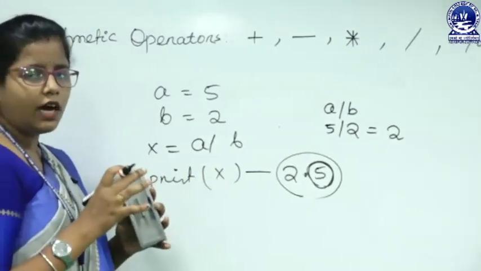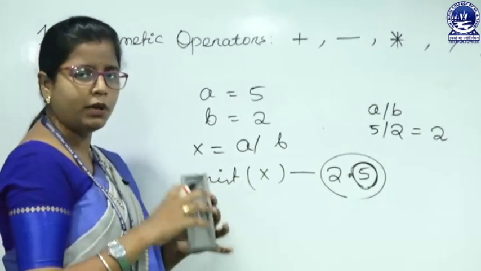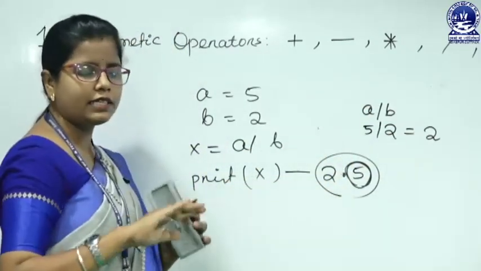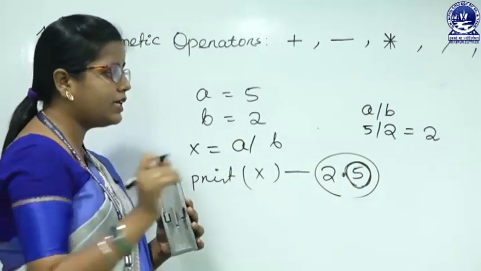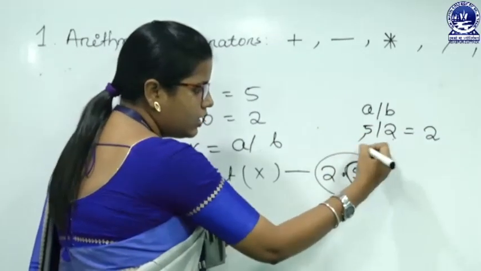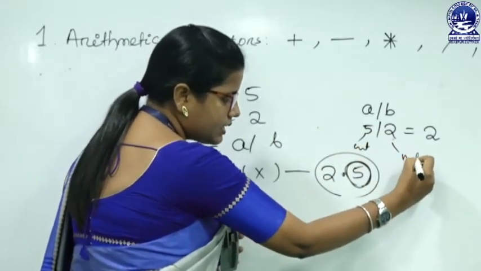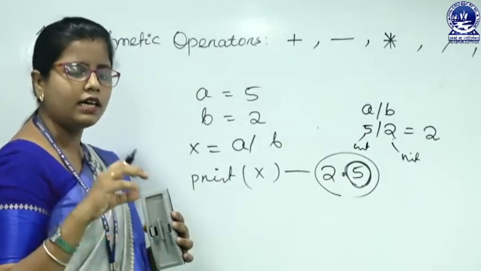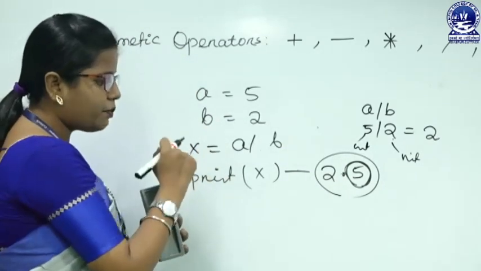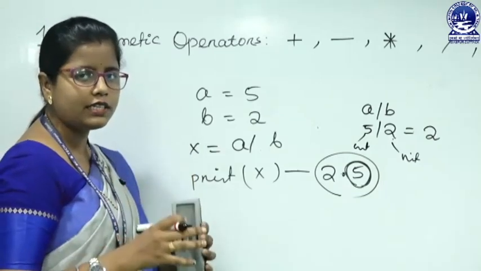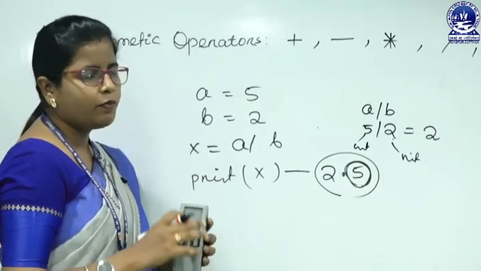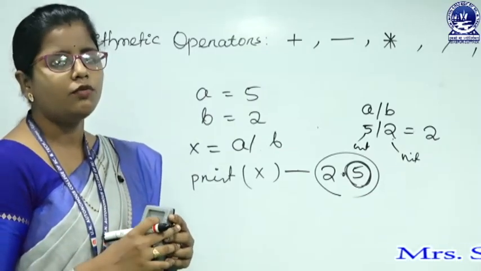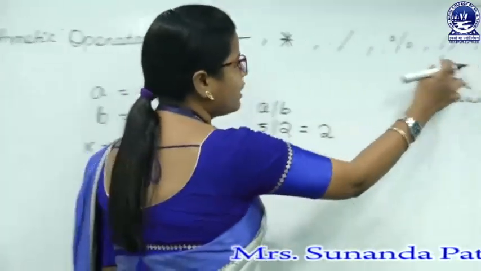The accurate result will show in my output screen. But in case of C, it will show me 2, the fractional parts are getting discarded because 5 is an integer, 2 is also an integer. So, integer divided by integer will result as integer. But in case of Python programming language, we are getting the accurate result. For the fractional result or for the floating point result, we should go with the floor division.